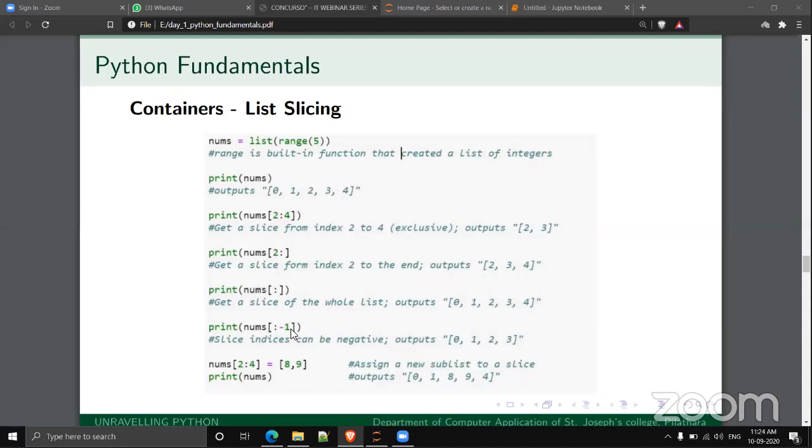So it will slice out from 0 till the element before the last element, the second last element. So what will be the output? 0, 1, 2, and 3. Is that clear for you?